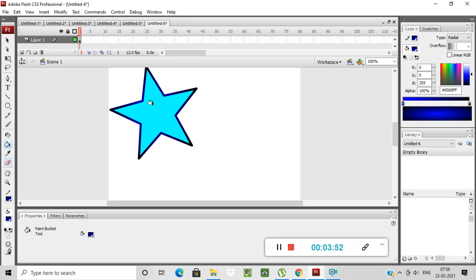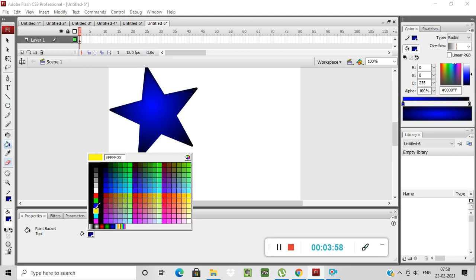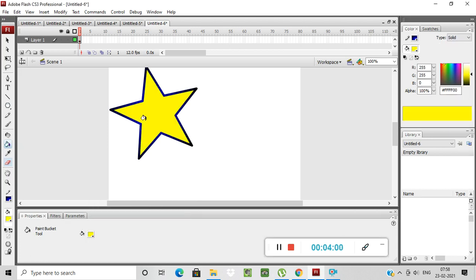Just click inside the shape and the color will be changed. See, like paint software, how you can paint the shapes and the colors.